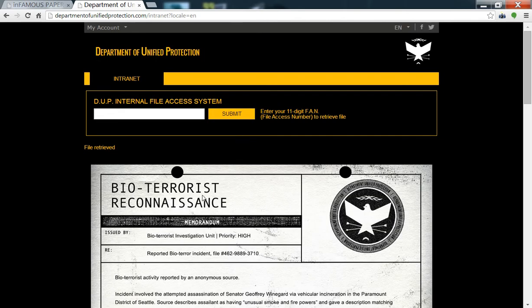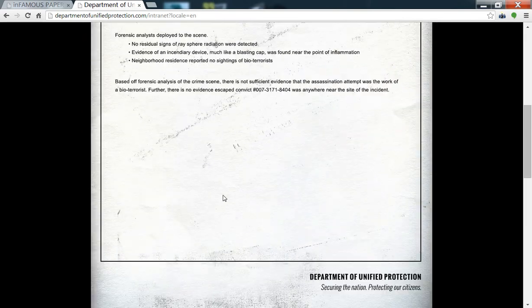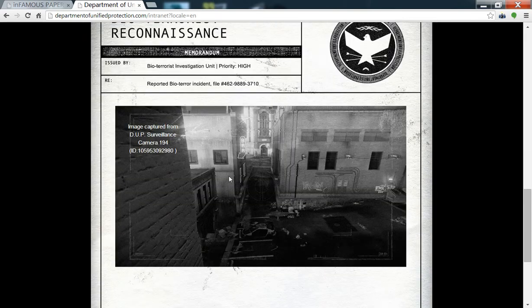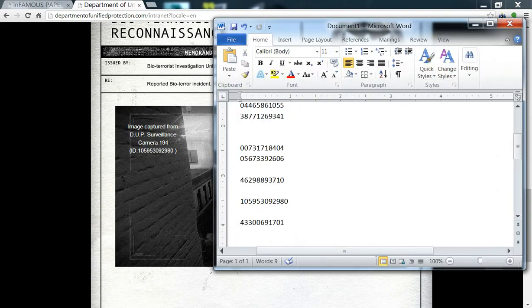You get to this bioterrorist page right here, and you scroll all the way to the bottom once again. This is the part that I was actually stuck at for a little while. But then I noticed these numbers right here, and I count them up, and guess what? They're 12 digits. So this is the number that we need to type into Delson's phone, because it says the ID number, which is great. So the ID number is 105953 for me, at least this is what the numbers are,